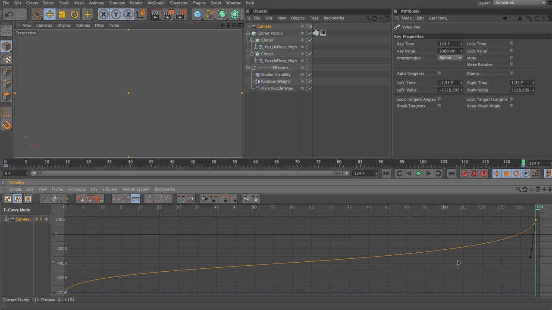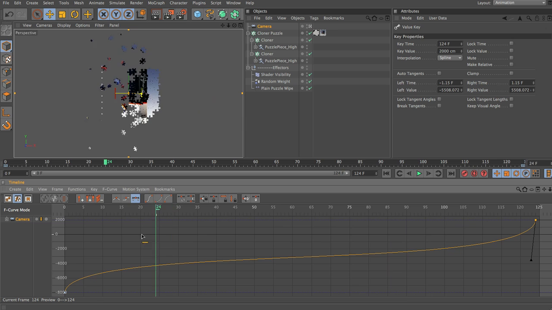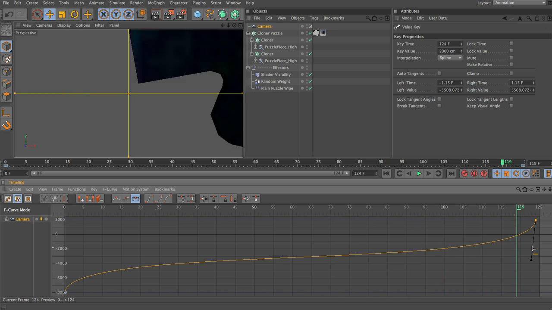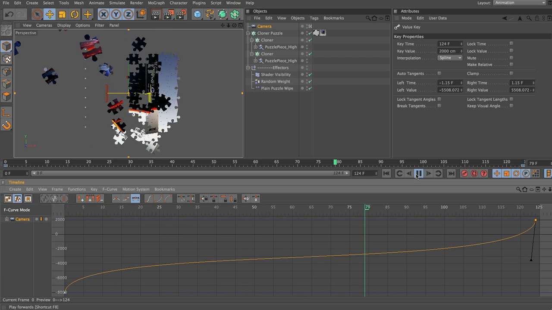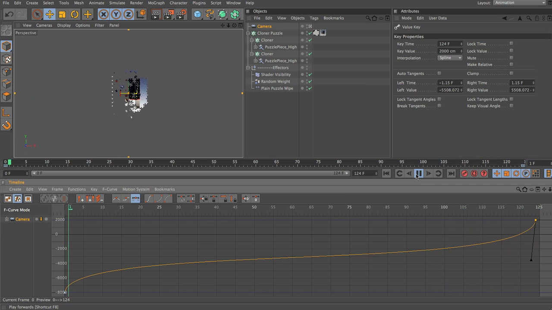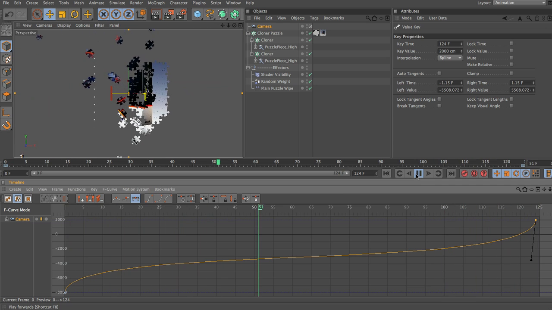And then I'm going to do the same with the end key and pull this down. So what we're essentially doing here is accelerating out of this key, then slowing down the move, and then at the end we accelerate into this key. And this gives us the kind of move that we want, but hopefully only with 2 keys. You can see the motion that's going on there. If we just press play, you can see what happens. So that's the effect that I'm after.